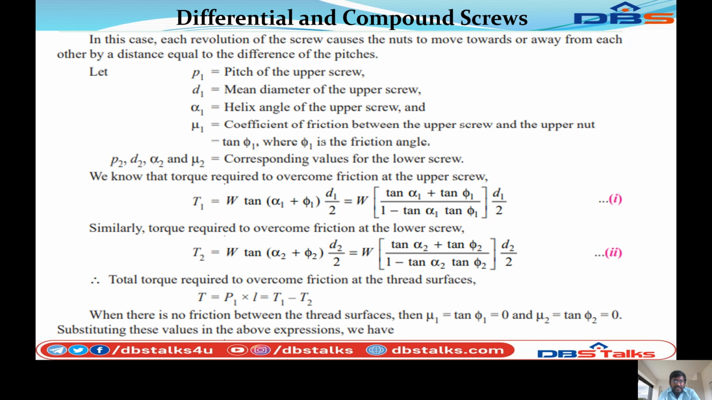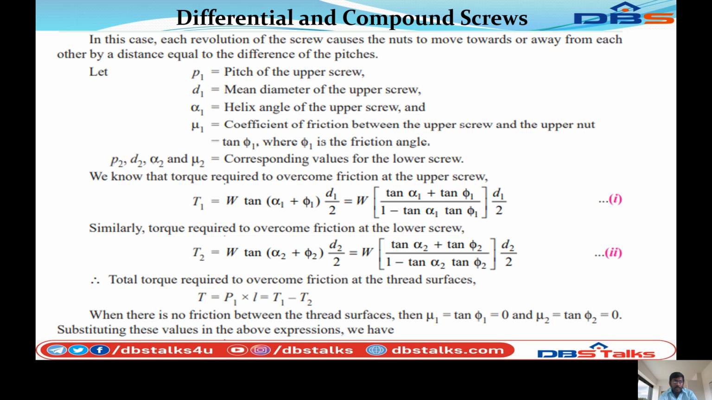In this case, each revolution of the screw causes the nut to move towards or away from each other by a distance equal to the difference of the pitches. Let P1 be the pitch of the upper screw, D1 the mean diameter of the upper screw, alpha 1 the helix angle of the upper screw, and mu1 the coefficient of friction between the upper screw and upper nut, that is equal to tan phi 1, where phi 1 is the friction angle. P2, D2, alpha 2 and mu2 are the corresponding values of